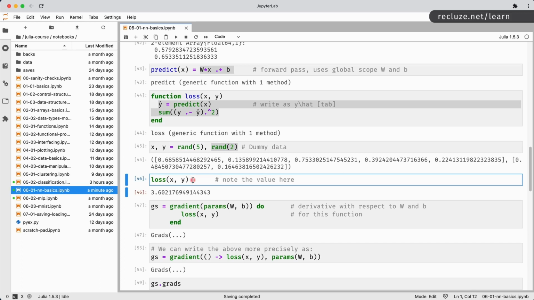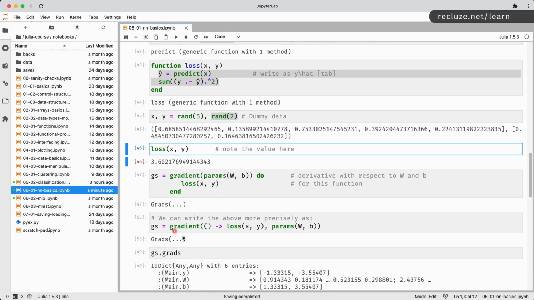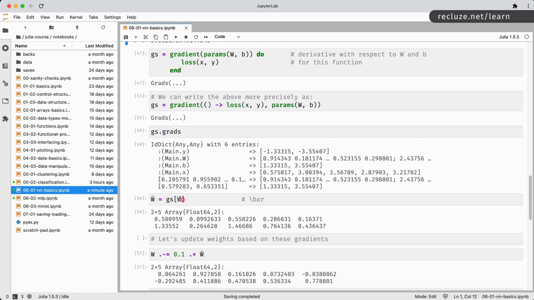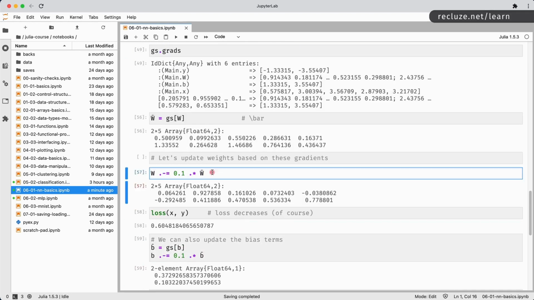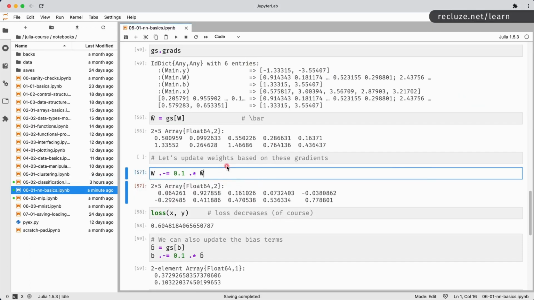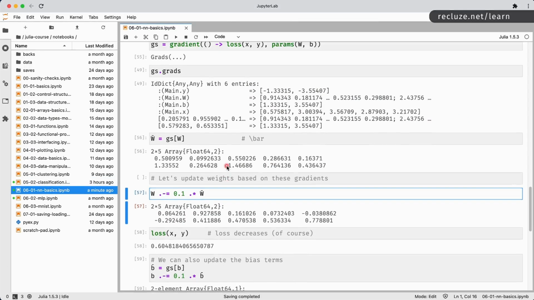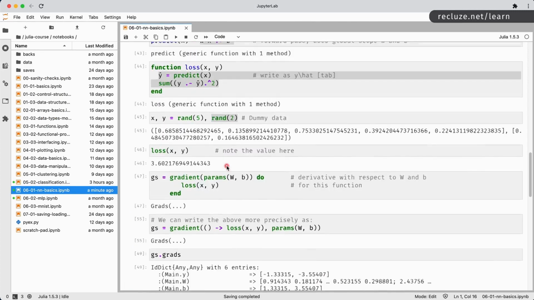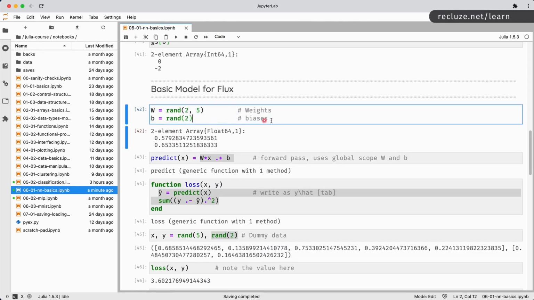First we look at what the loss is, then we calculate the derivative with respect to the loss, and then we update the weights first and then the biases. That's all there is to it. So going back to the figure, we do the forward pass, we calculate the derivative, and we update the weights based on the derivative that we've calculated. We do this again and again, and it becomes very clean. So let's go ahead and put this in one cell so that you understand what's happened. So we have the weights.